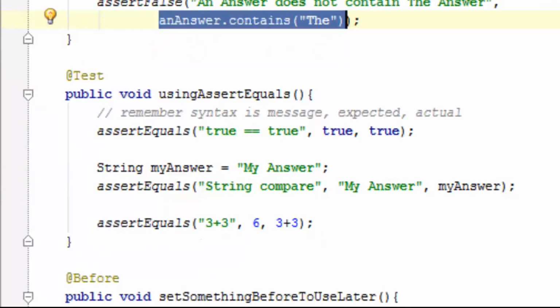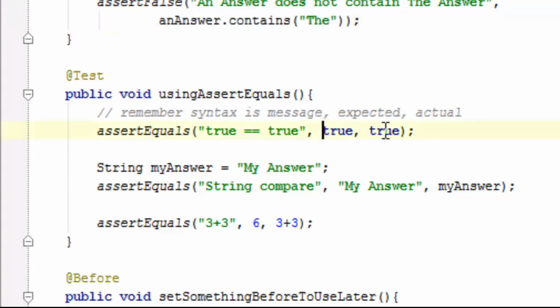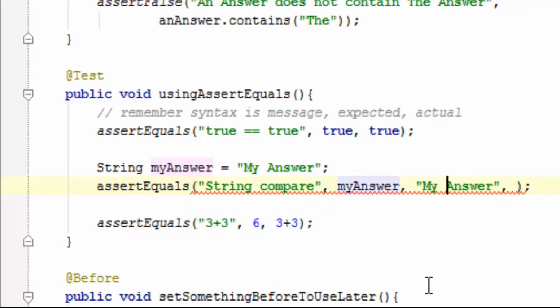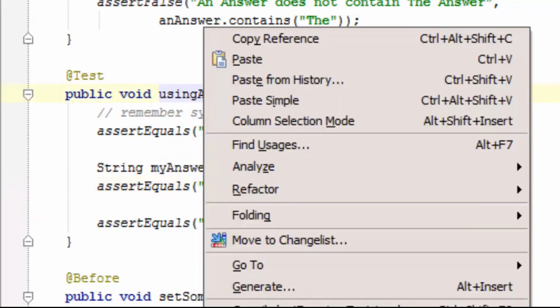So for assert equals, again I have put the message in because it's important to know why you are comparing sometimes. And what's important with the assert equals is that if you get these the wrong way round, where this is expected and this is actual, it can make your tests hard to read. JUnit won't mind. JUnit will run them. JUnit will let it pass. If I swap these round, JUnit will be quite happy because all it's doing is comparing strings. If I run this,